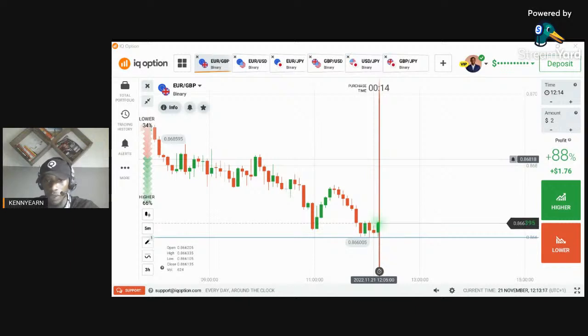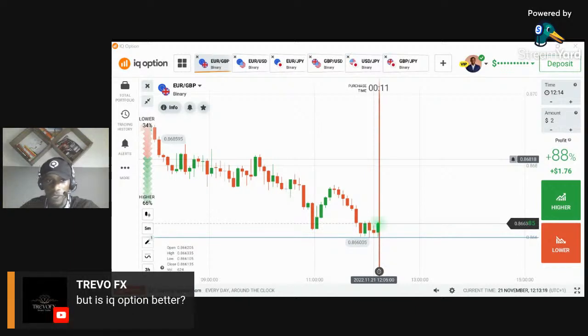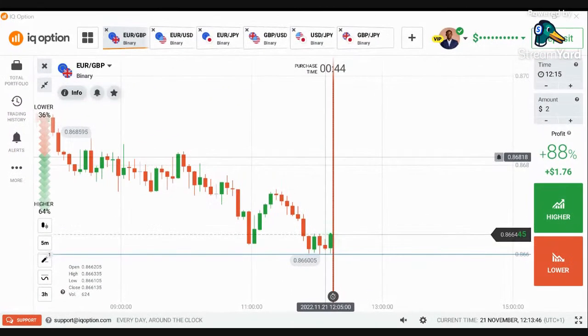No more questions. Okay, you're asking if IQ Option is better. IQ Option has its own abilities. I like the IQ Option interface, the whole idea. It's friendly, it's simple. IQ Option is fair, so IQ Option is good. If you love IQ Option and you're working well with it, you can continue with IQ Option. Other platforms too have their own abilities and stuff like that. All right, so let's go back.